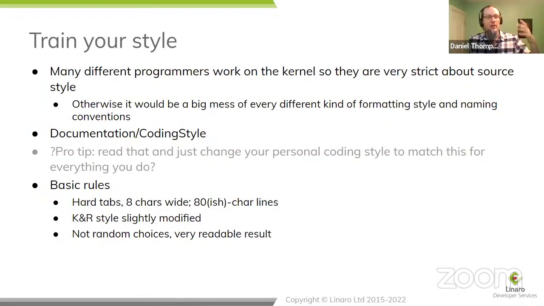It's mostly K&R style, slightly modified. The slight modification is because K&R isn't truly consistent. One of the examples is presented in a different coding style to the others. And it's not a random choice. It is a good choice for the kernel. It's very readable, and the tendency to creep away to the right-hand side because of the width of the tabs discourages overly complicated functions. It does encourage good break into compact functions. So it does tend to discourage very, very complex, deeply nested functions.